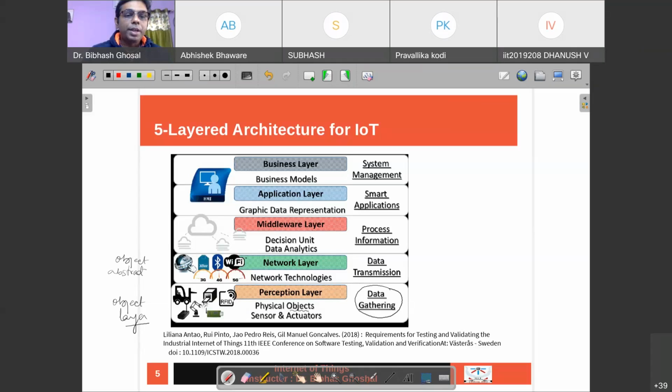So the basic idea is data transmission: how can you transmit the data that you have captured from the lower layer to the upper layers. One of the requirements of this data gathering phase is that the sensors, actuators, whatever you have,